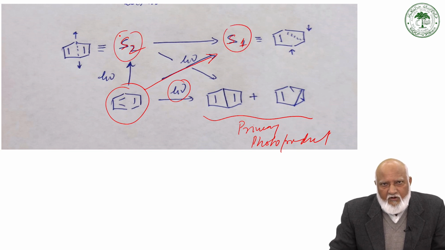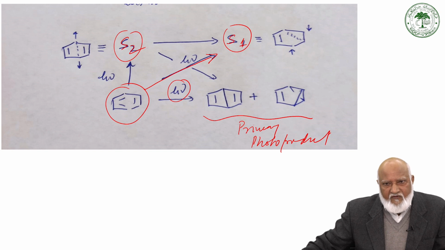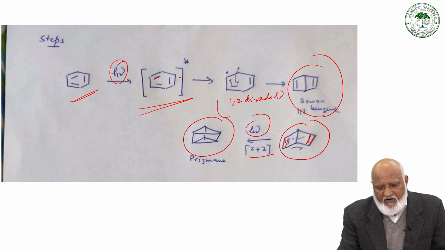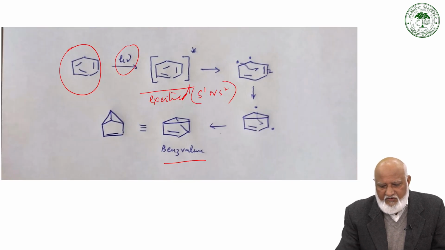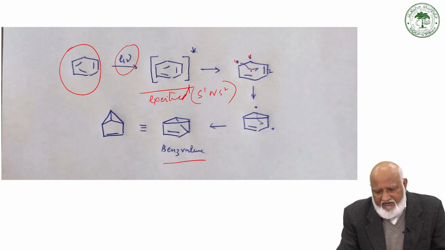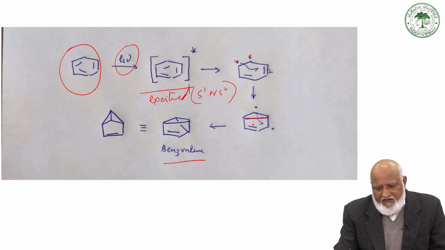And it has also been assumed that S1 is a 1,3 diradical species and S2 is a 1,4 diradical species, just in order to explain the formation of different valence isomers. So the excitation of one of the double bonds, as we have already seen, generates a 1,2 diradical. Here we can excite any of these double bonds. This 1,2 diradical can form one radical. This radical can interact with one of the double bonds to form a cyclopropane ring,